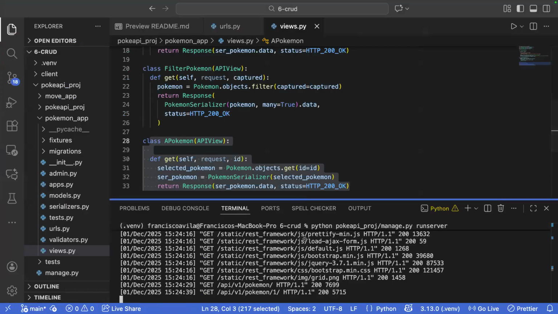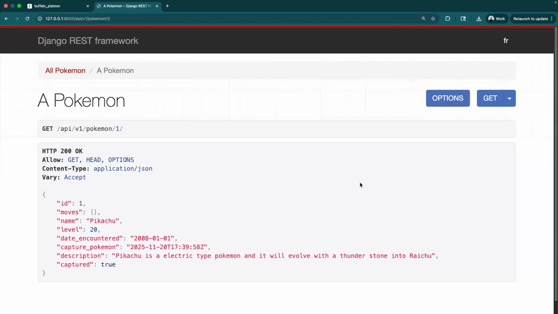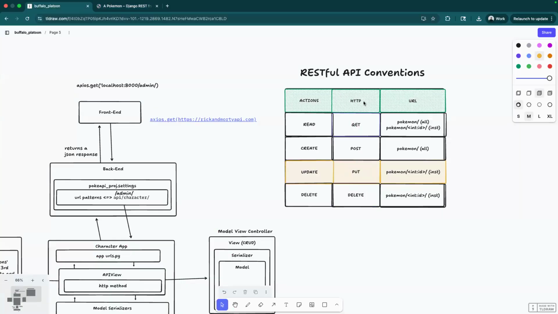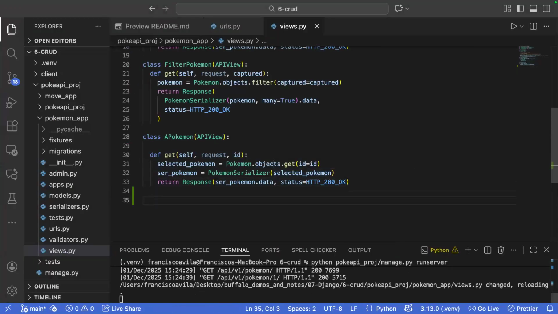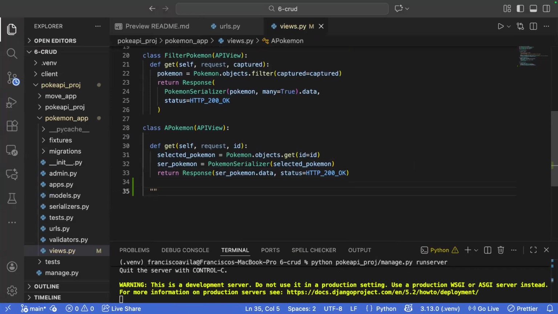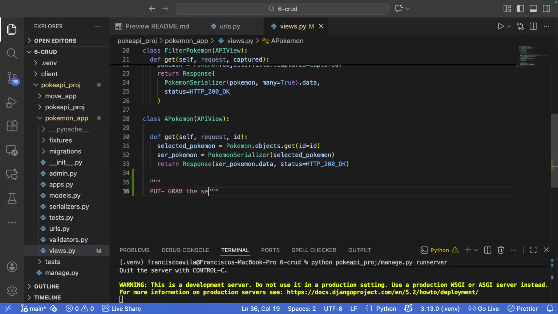I can actually start working in creating this put method, right? Because as we saw in our data table here, what we're working with is an HTTP put, right? So I'm receiving a put request to be able to update this Pokemon. All right, so what is the goal of the put request? The goal of the put request is to grab the selected Pokemon,